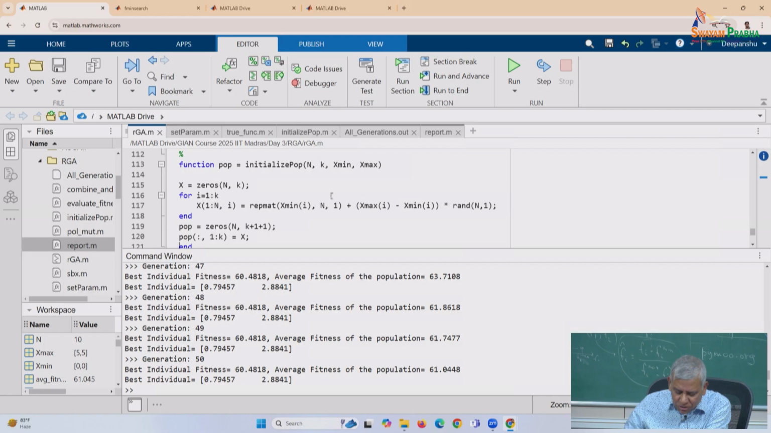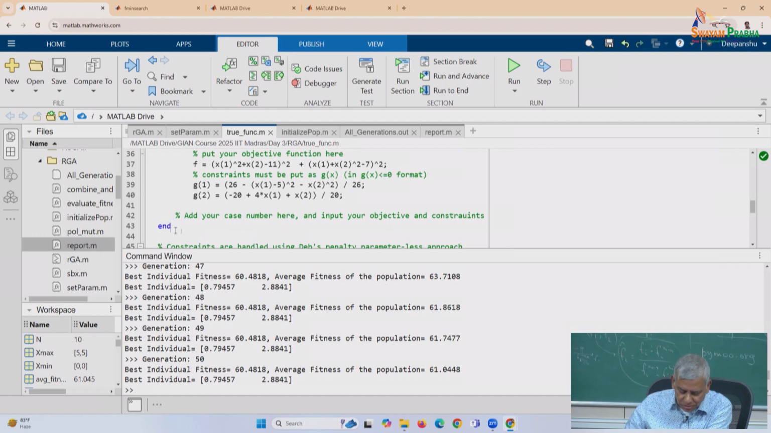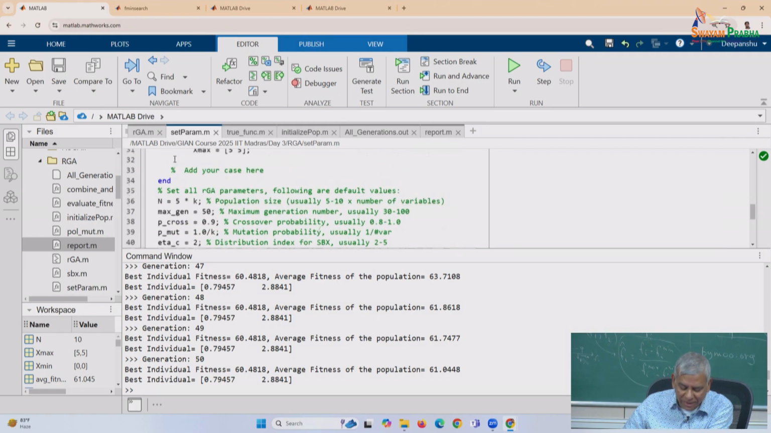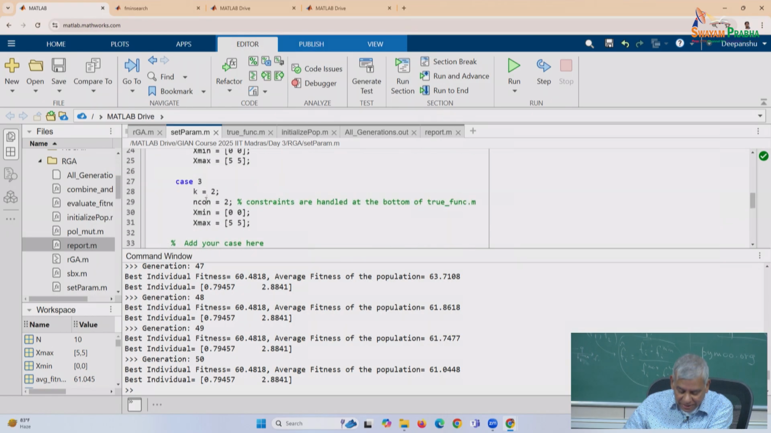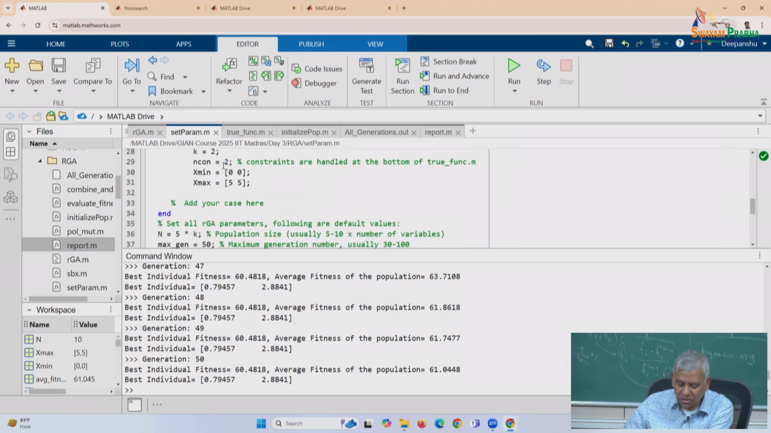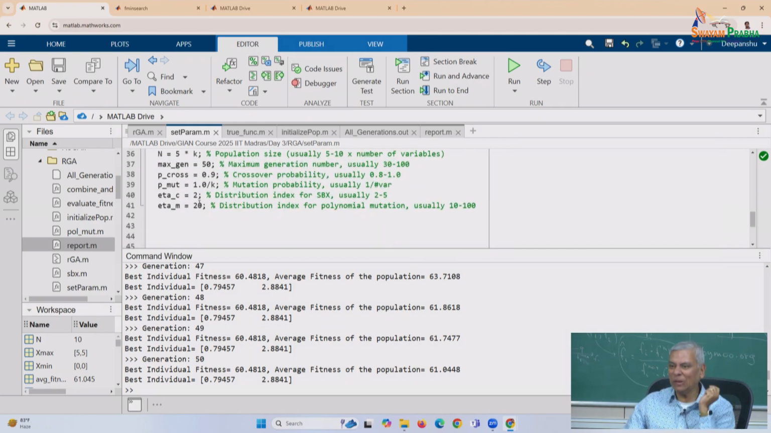Okay, so now with this code you can put your objective function here, put a case 4 after this, like I said, add your case number here and follow the same thing, copy paste and put in your objective function and constraints normalized. All constraints have to be in less than or equal to 0 format, okay, and then go to set param and set your parameters. First thing you do, define your problem, which problem. If you put case equal to 4, then you put 4 here, and then come under here and add one more case where you set up how many variables, constraints, bounds. And then these are your GA parameters, population size and all that, and then you run the RGA